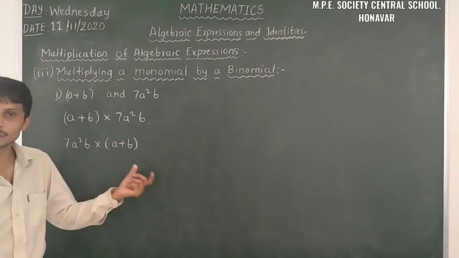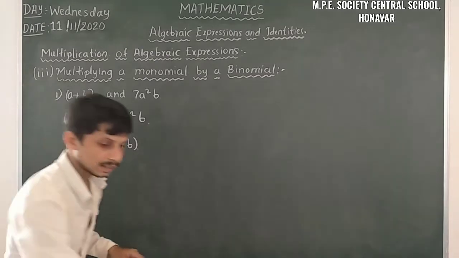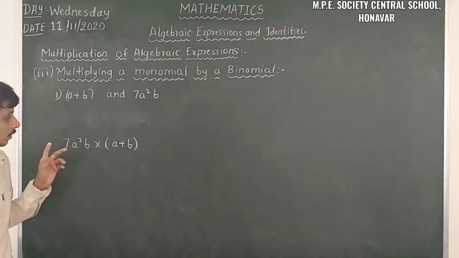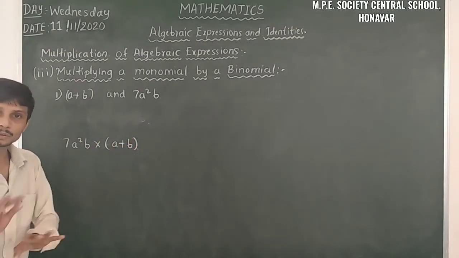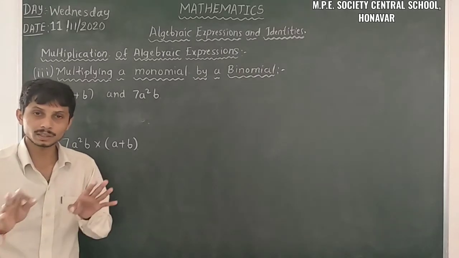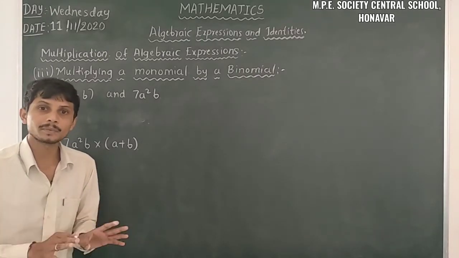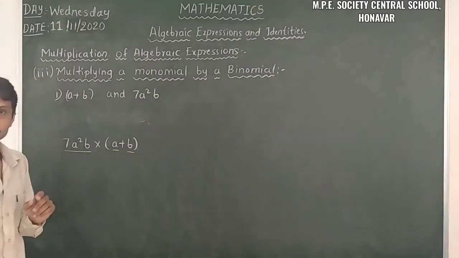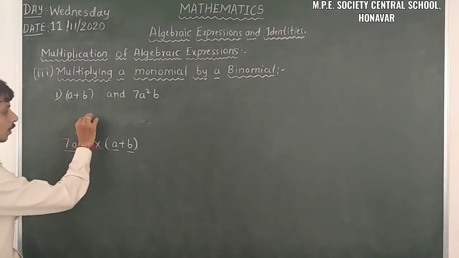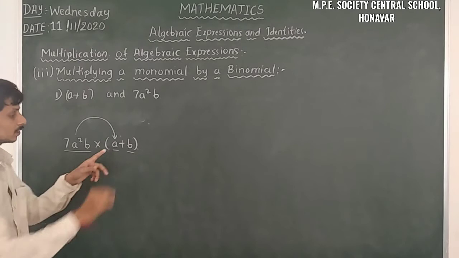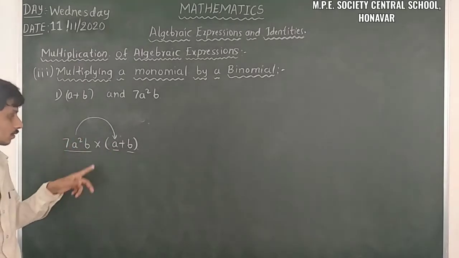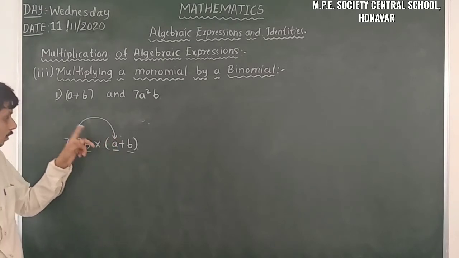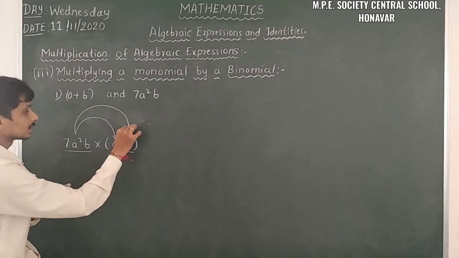So here we keep on multiplying the same. How can we multiply? Here I am showing the arrow mark, so don't write it in the examination, I am writing that only for understanding purposes. This is the complete term, there are two terms here. That means you have to multiply completely with the first term of this binomial. The whole monomial you have to multiply with the first term, and the whole monomial you have to multiply with the second term.